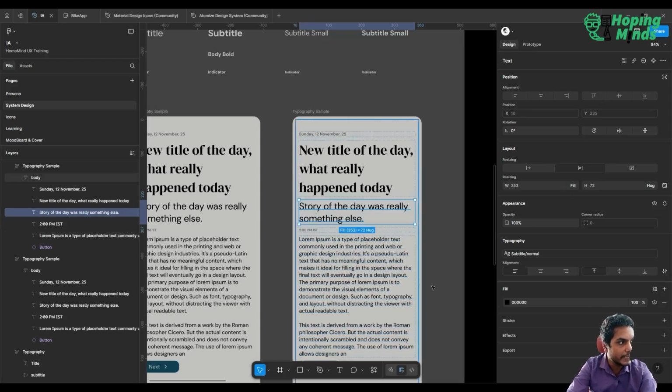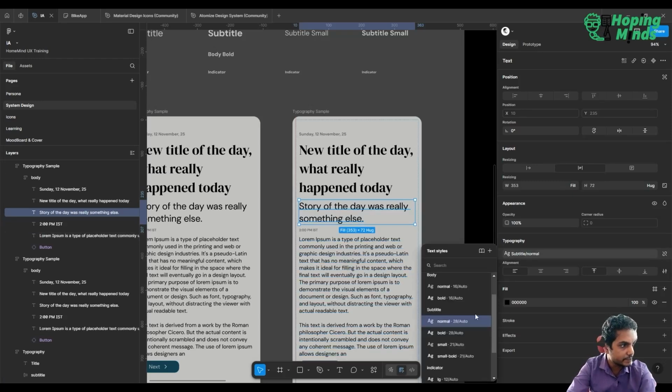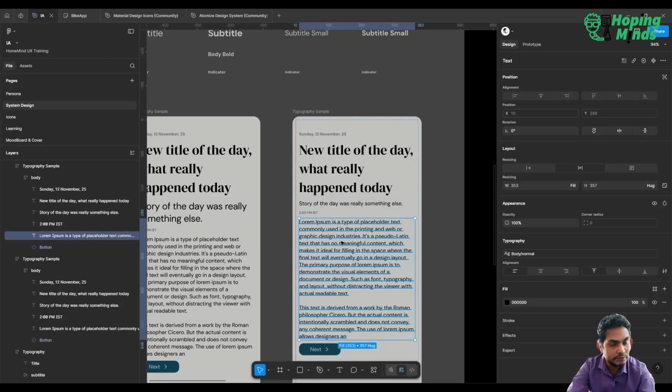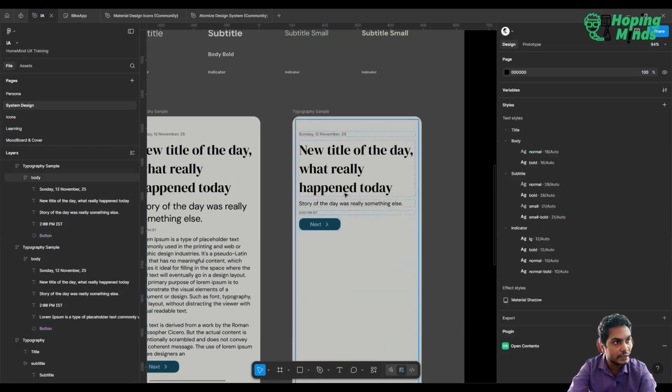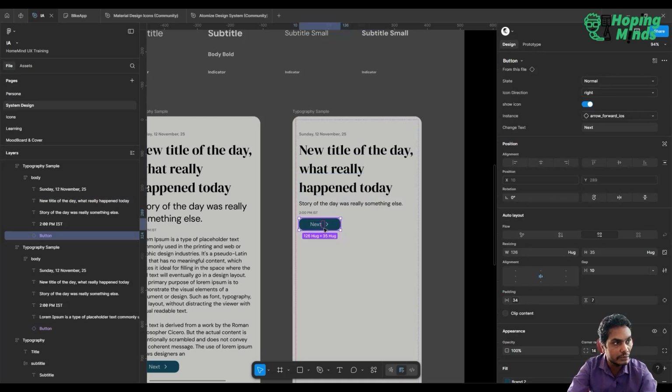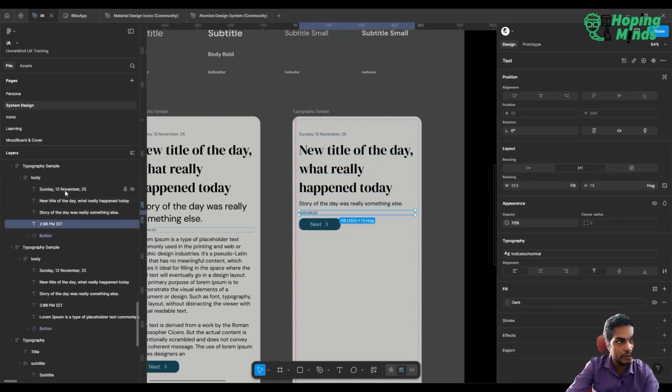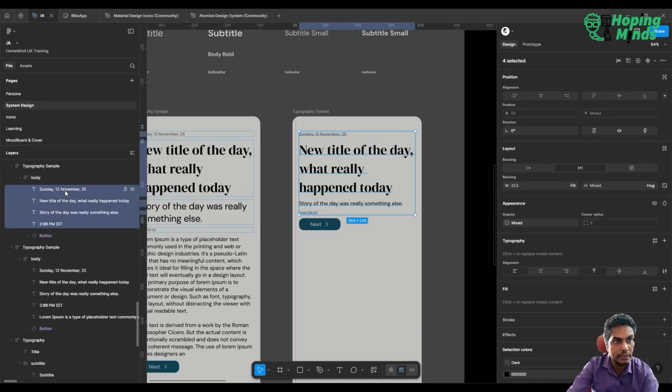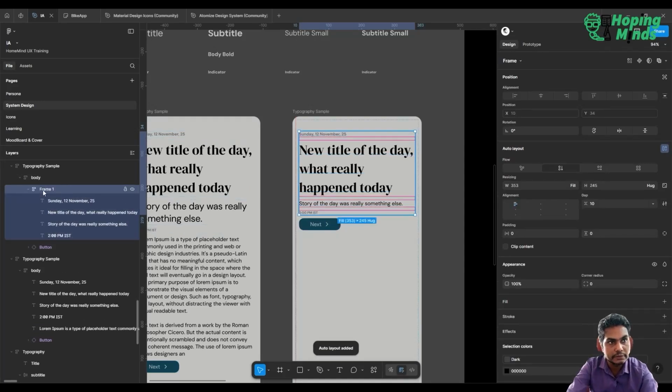So this could be like body. So we will use body for this. So let's use body normal, and we won't need this, and we won't need button. Obviously button can be next, we can use that. And we can put all of these in one container. Let's say thumbnail,